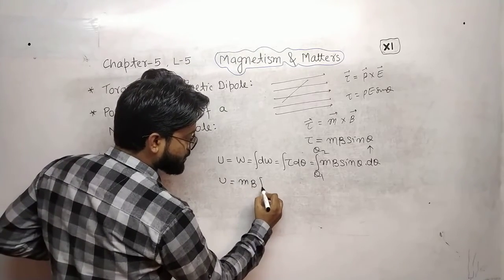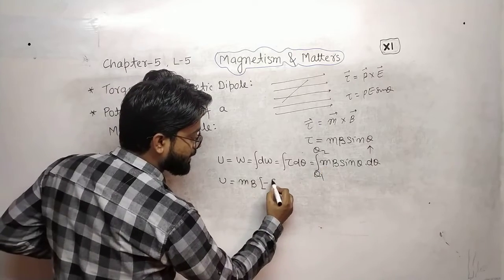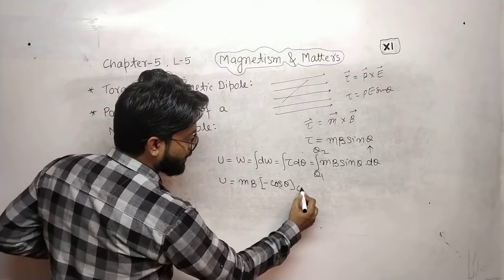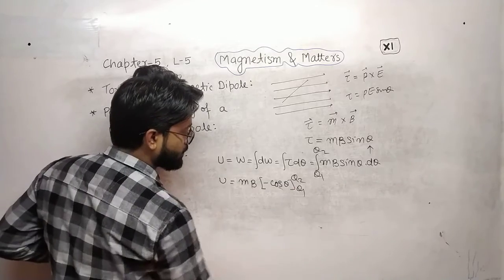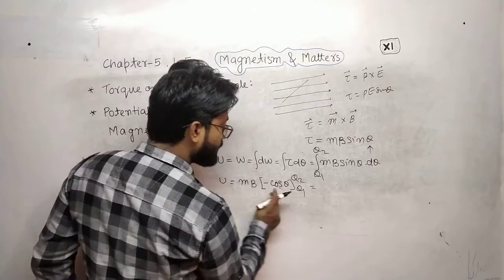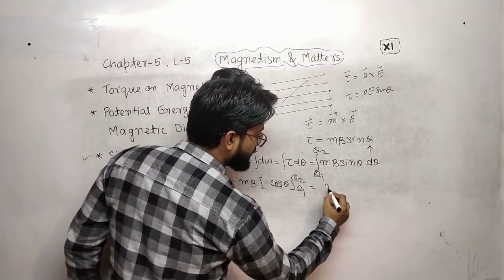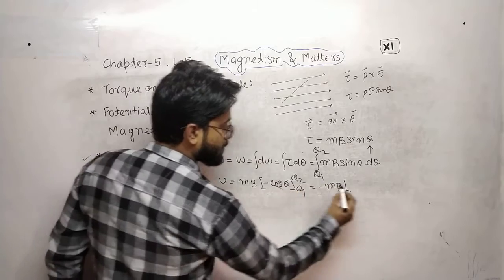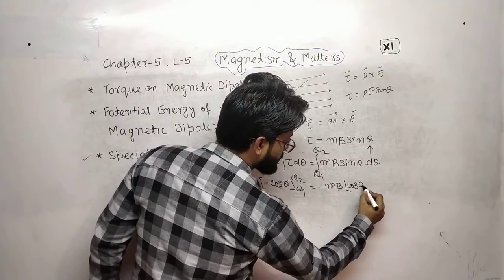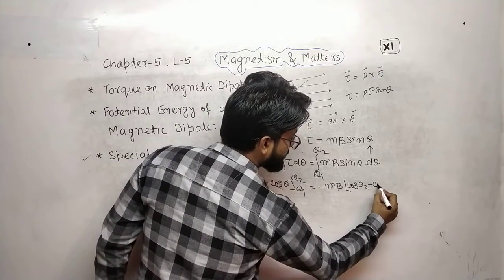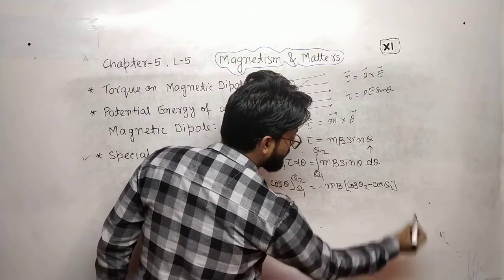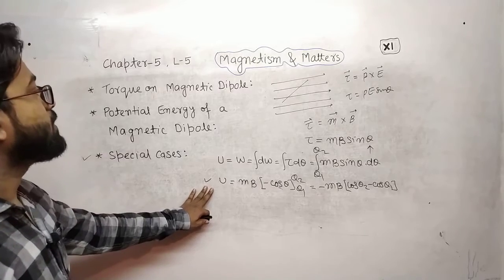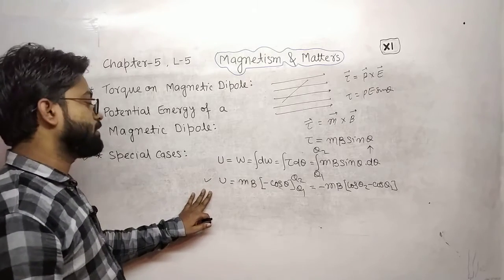MB is constant and integration of sin theta is minus cos theta from theta 1 to theta 2. You can take minus common, minus MB times cos theta 2 minus cos theta 1. This is the formula for the potential energy in a magnetic dipole. Okay,